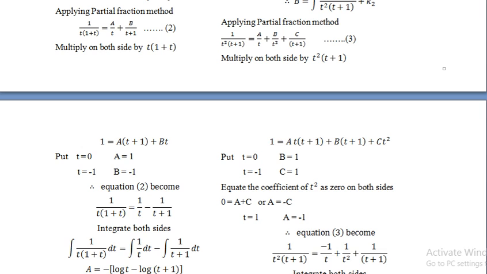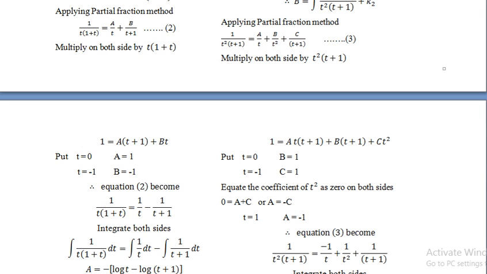Next, what we require is a. If you multiply the whole bracket by t, it becomes a t square plus a t, and b t plus b, c into t square. So the highest power of t is t square. So it denotes that we are equating the coefficient of t square as 0.